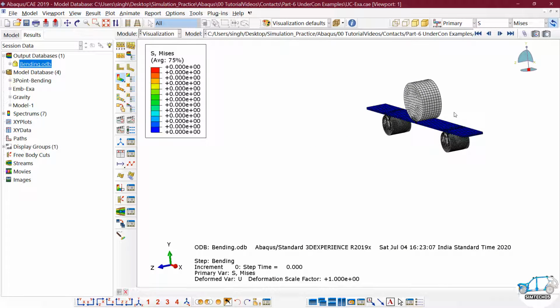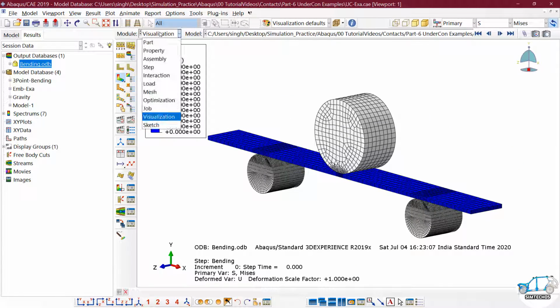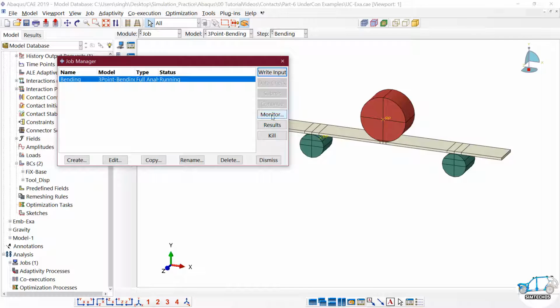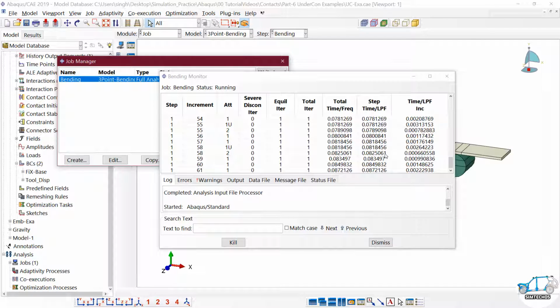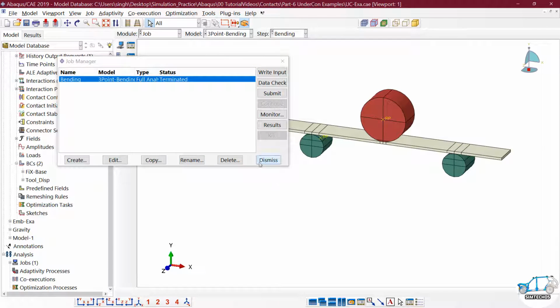Many times the software will abort the simulation, but this time the software was able to converge the solution for a few increments, then it will be aborted because the solution is not going to be correct. So I am going to kill it manually. Just click on kill and dismiss.